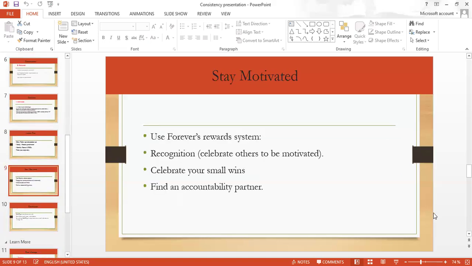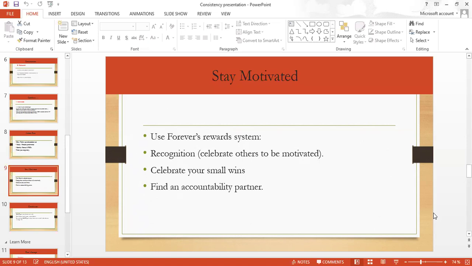Like I said, let's stay motivated. How do we get motivated? We use our Forever reward system. Even if you just feel down, just go visit the compensation plan, keeping your eye on the bigger goal to say, I know I will reach there, and when I reach there, what is it for me? What am I going to achieve? That way you will be